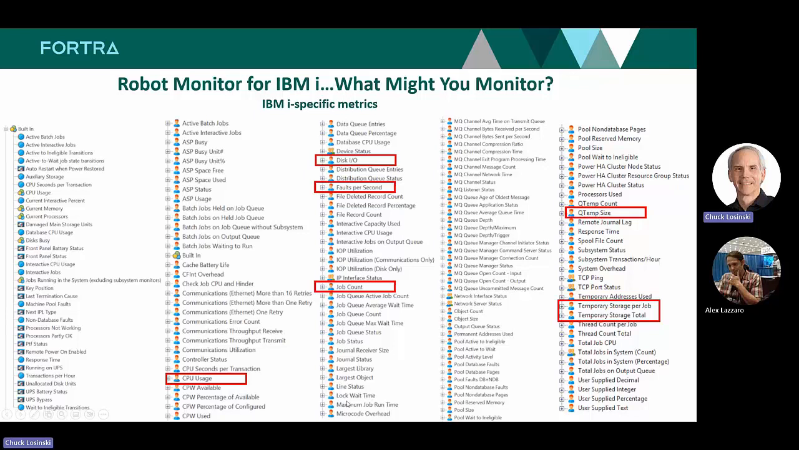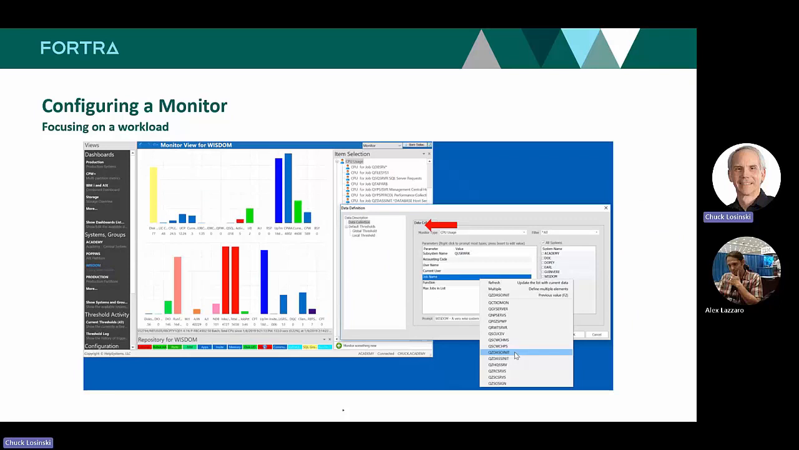There's another one here, max job runtime. That keeps track of how long the jobs are actually active. And then temporary storage. All are valid metrics that you might want to configure for monitoring over those QZDASOINIT and QSQSRVR connections. Now we'll show you this during the live demo, but in the graphical interface, you would select